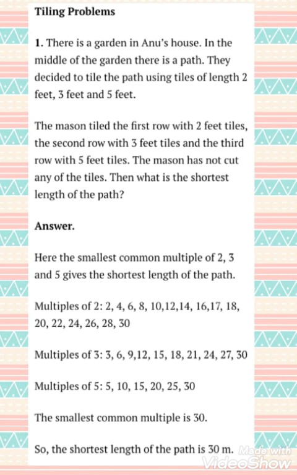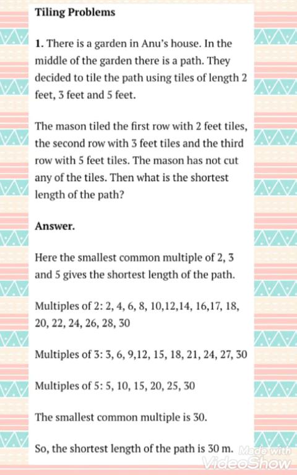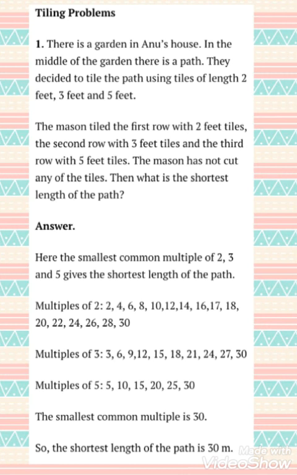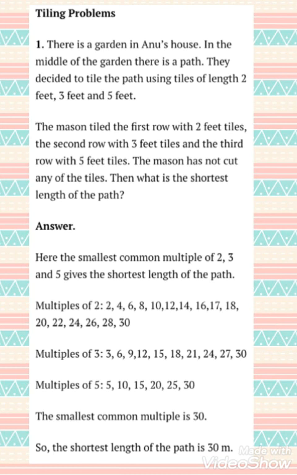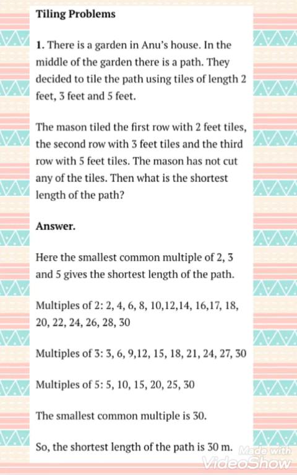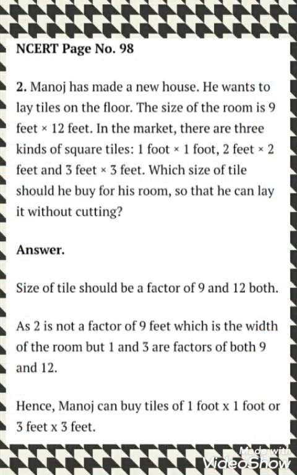Now here what we have done, we have found out the smallest common multiple, meaning the least common multiple, LCM. You can find out the same answer through the prime factorization method or by the common division method also. Here I have shown the very simple method in which you write all the multiples of 2, 3 and 5 and then point out the common multiple of all 3 of them. So you can find out the same answer by what methods? Yes, you know it. We have done it in the previous video.